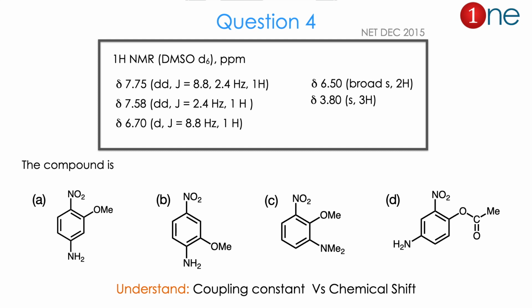Here they gave 4 possible structures, with nitro, amino and methoxy group substitution. So you have to find where each will come. From the structure and the 5 NMR values, you might realize the question is about the key points from coupling constant and the chemical shift due to the NO2 group. The answer is B. Let us see how.